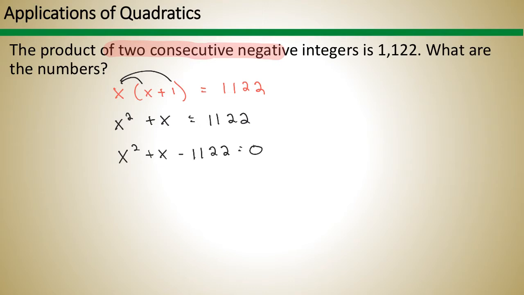Now let's try to factor this. I take that number, negative 1,122, and I am looking for factors that give me a positive 1,